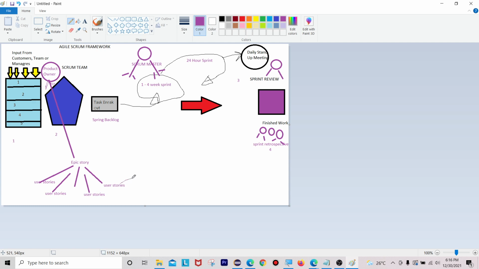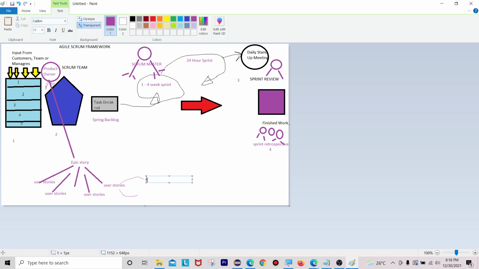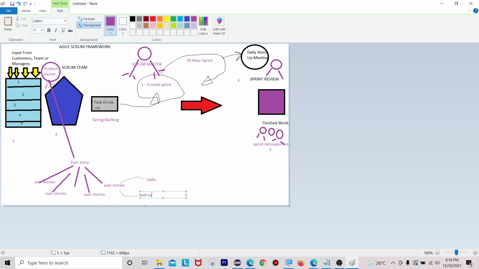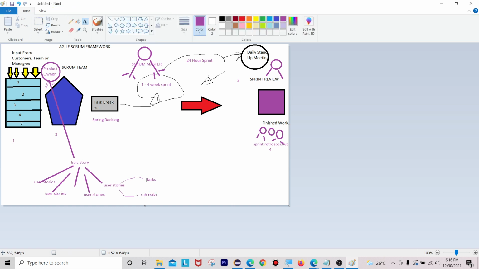These user stories are going to be divided into tasks and subtasks.